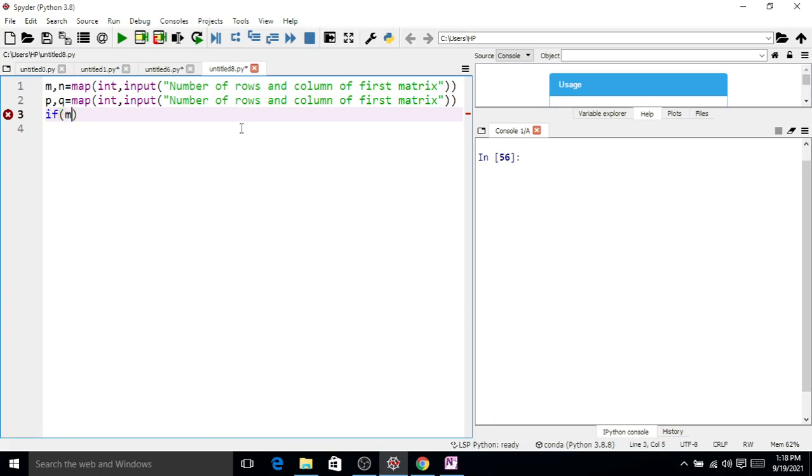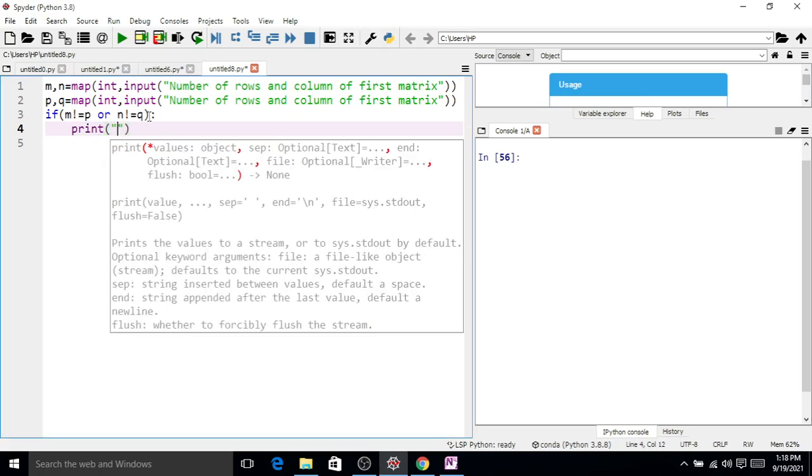So if m is not equal to p or n is not equal to q, then display the message addition of matrices is not possible. So print addition of two matrices is not possible.